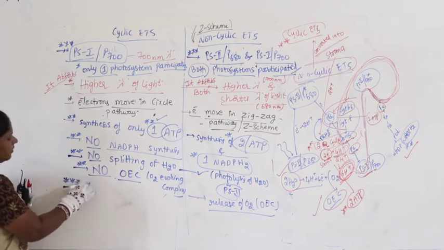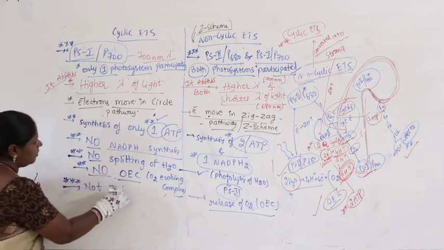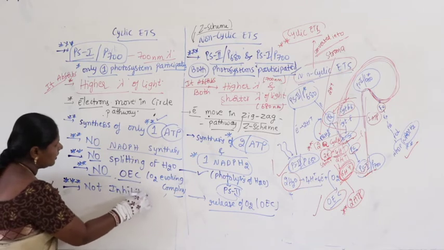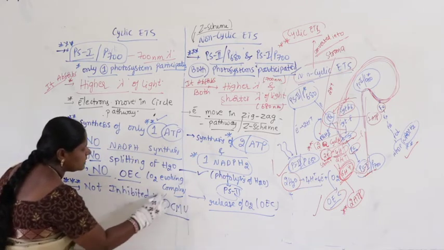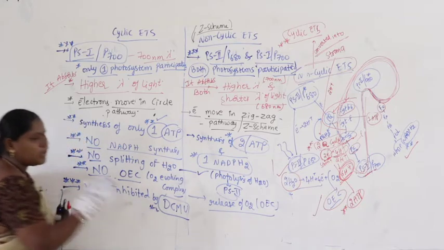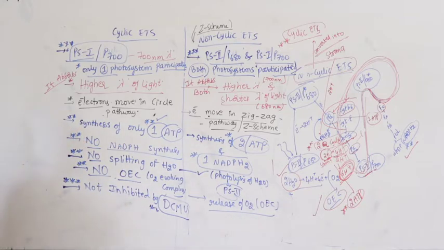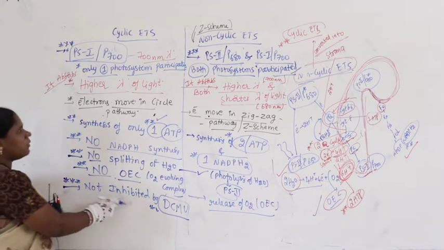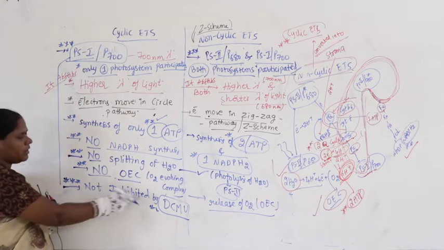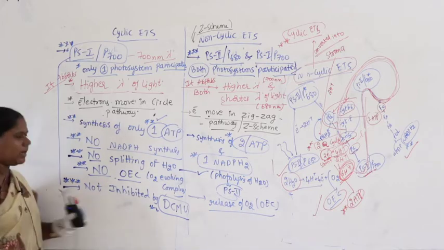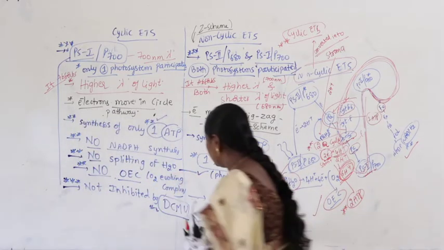Not inhibited by DCMU. Guys, try to remember what that is. DCMU. I will let you know what DCMU is. The cyclic electron transport system is not inhibited by DCMU. I will tell you what DCMU is, but here remember